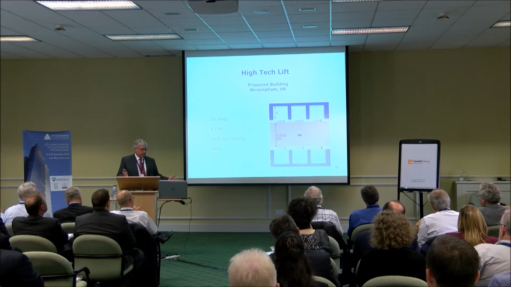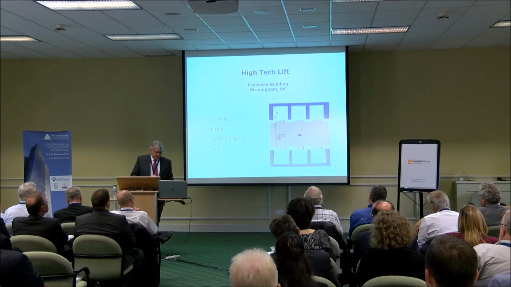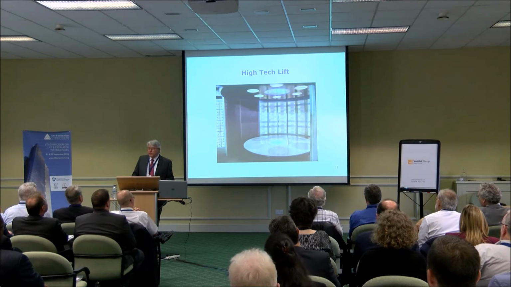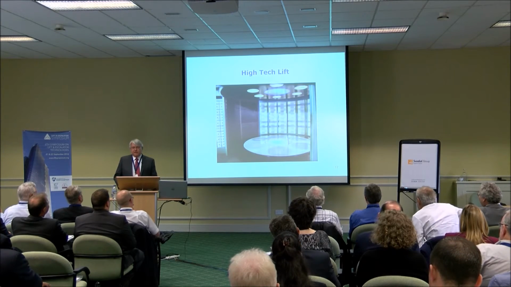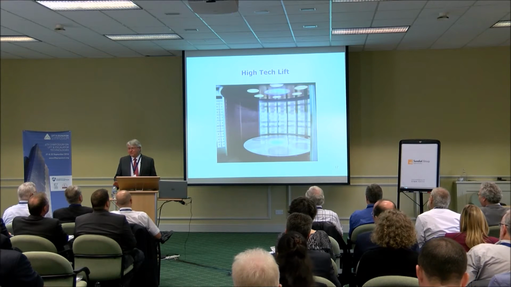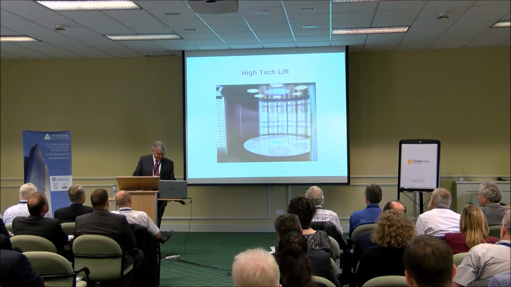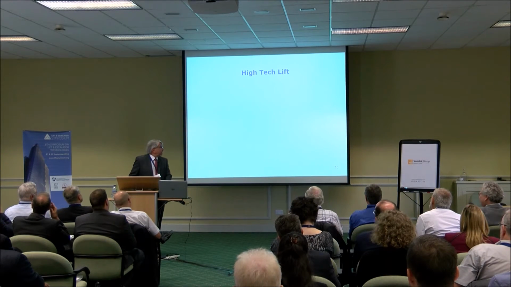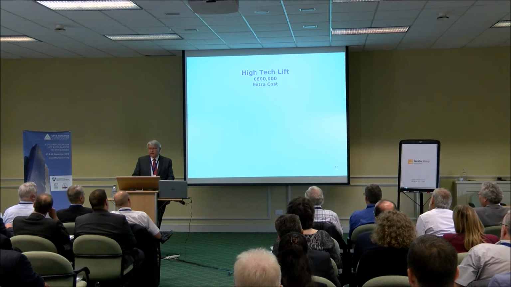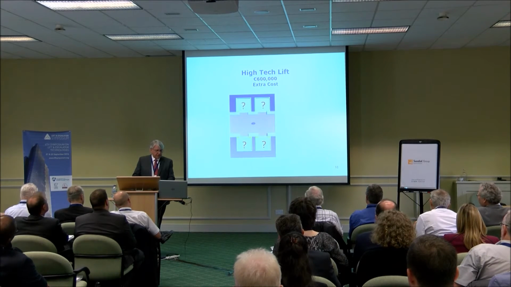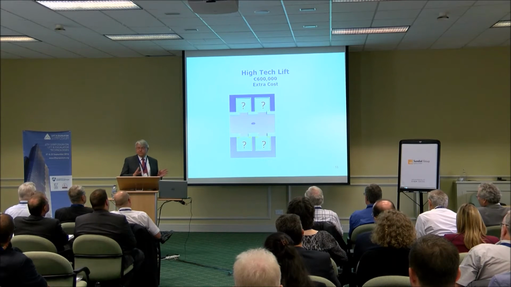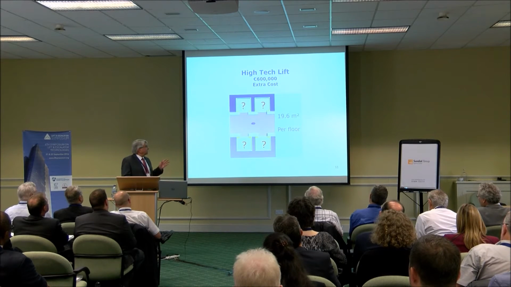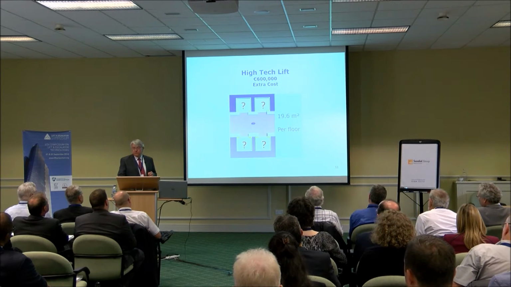And so this is a proposed system, but one of the lift companies comes along with a new high-tech solution, and the high-tech lift is something really exotic, like a transporter, and it's going to save a lot of square meters. So how is this going to save square meters? The only problem is this high-tech lift is going to cost 600,000 euros more. But what's it going to do? It's going to have 4 some kind of lifts in there instead of 6. And so it's going to save 19.6 square meters per floor.